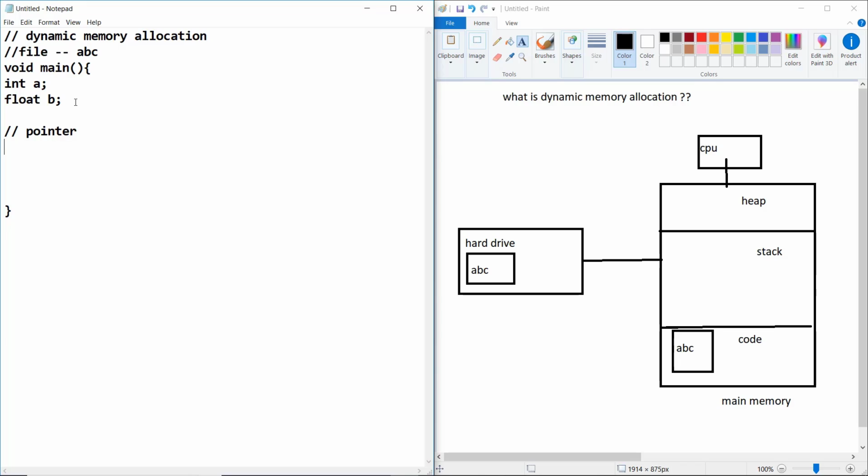What are pointers? If I define int star ptr, it is a pointer which can access this heap memory.